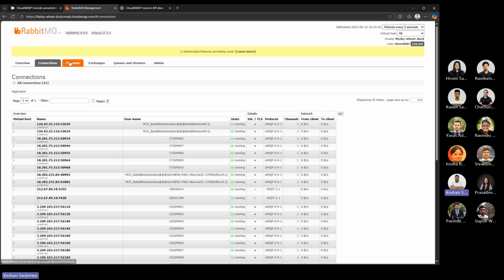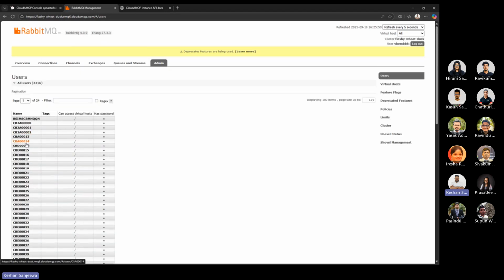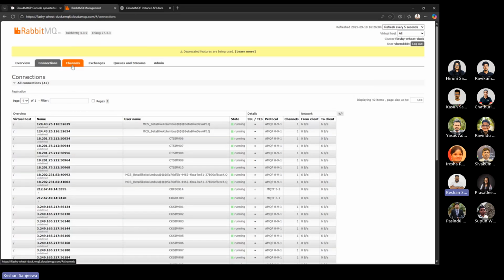console. And again, you can't connect directly. To connect, you have to have a user account. So if you go to the admin tab, you can see the users there. In here, you have to have a routing key. I have explained that routing key. Using this routing key, we will be connecting to the RabbitMQ console,